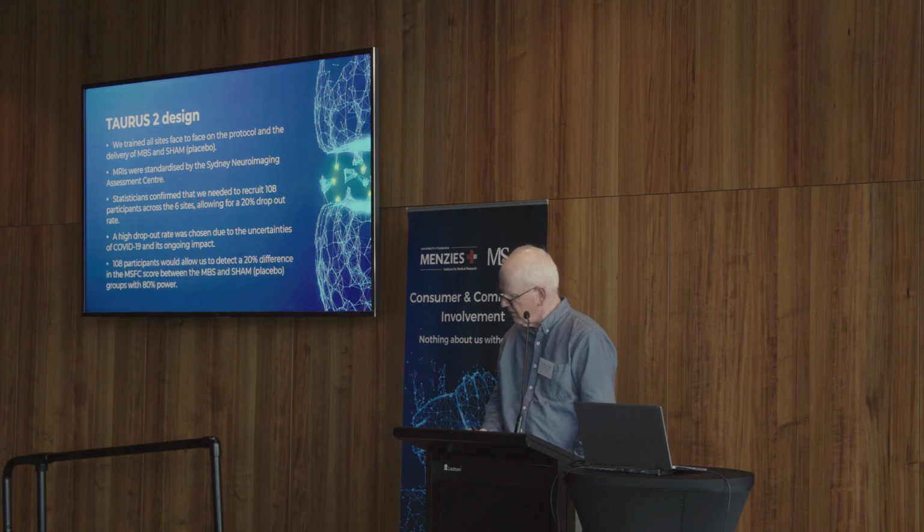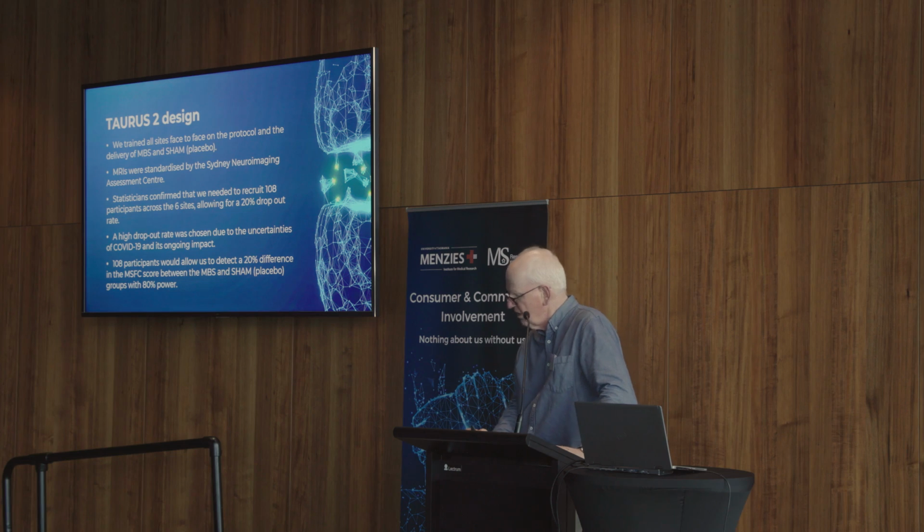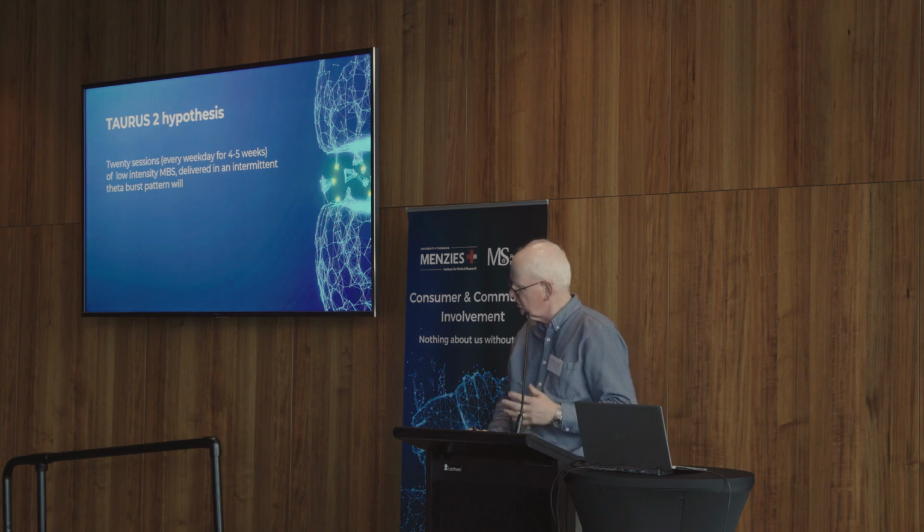The 108 participants gave us the ability to measure a 20% difference in the MSFC between the MBS and sham patients, again using 2/3 in the active group and 1/3 in the placebo group, with 80% power, which is a perfectly adequate amount for a trial of this type. So 20 sessions were given as per TAURUS 1, and our hypotheses were that 20 sessions